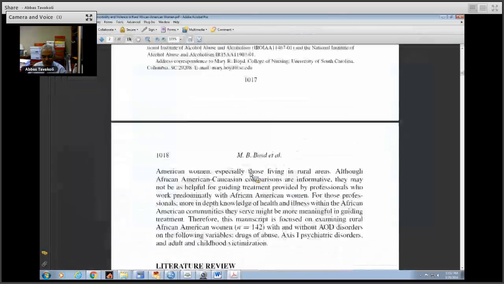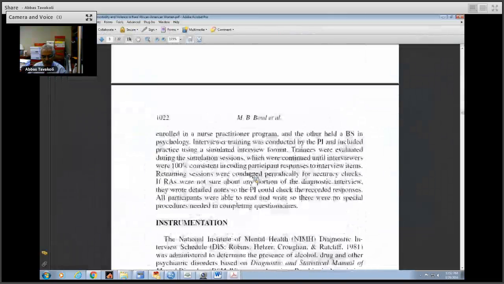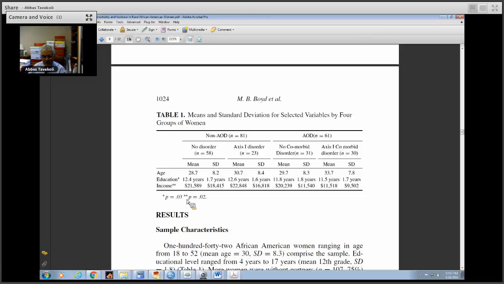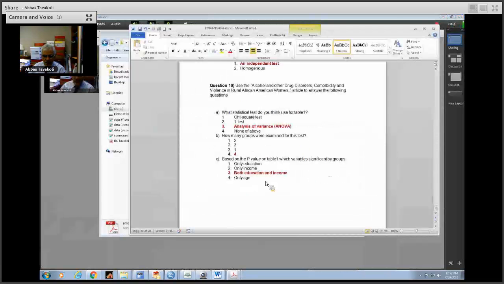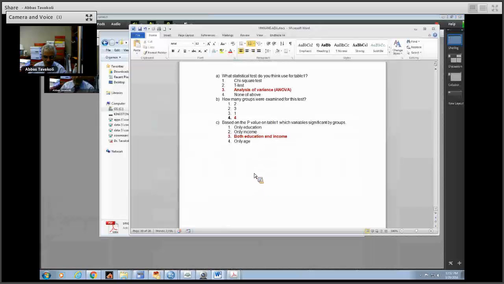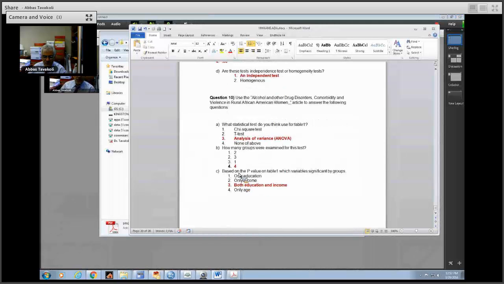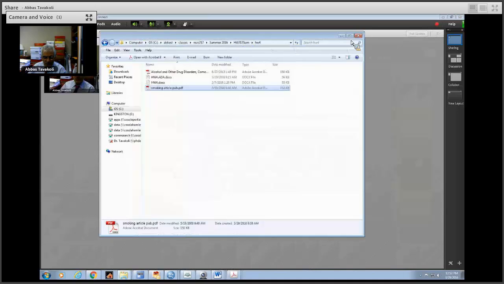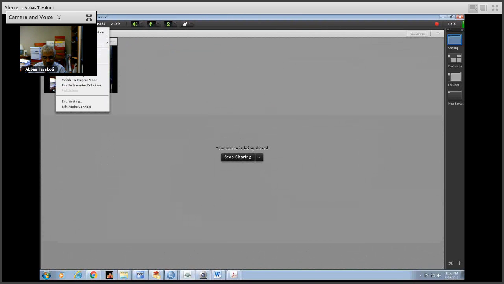And for alcohol, what statistical test was used? Analysis of variance was used, and how many groups were examined for this test? There were 4 groups, and the p-values for which ones were significant by group, education and income were significant. So if you look at table 1 again, here it tells you PO3, education and